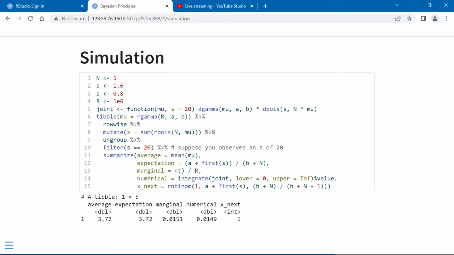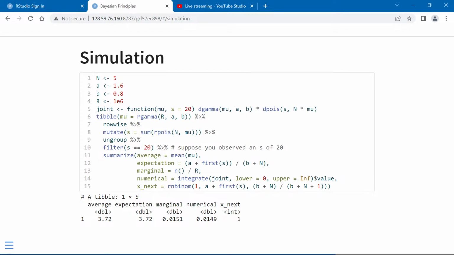But we can draw from a negative binomial distribution. We have to make an adjustment to use one of the parameterizations of the negative binomial that's supported by R. And so we can get a prediction for the next count. One realization from the posterior predictive distribution, and it comes out to be 1. So given our updated A star and B star beliefs about mu,